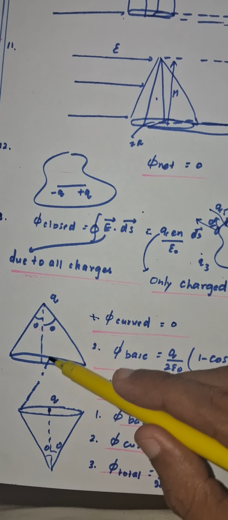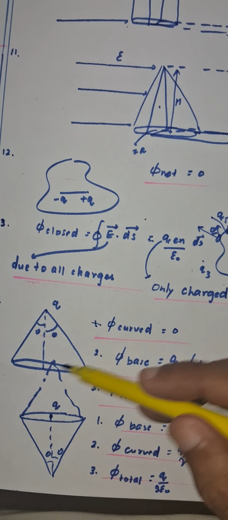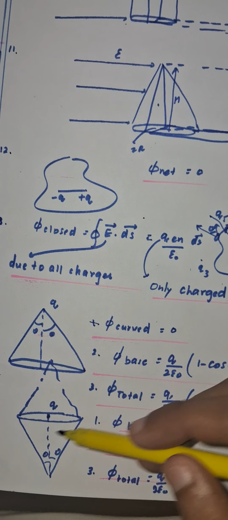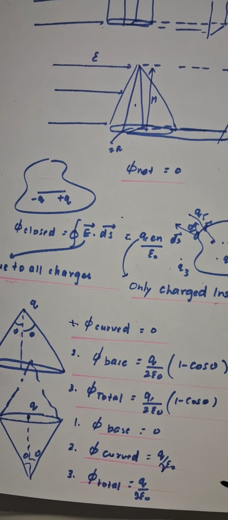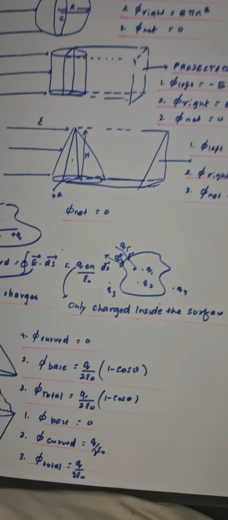Suppose I place another cone over here, so the q is enclosed within the two cones, so obviously through the half cone it will be q by 2 epsilon naught, and the total flux here will be q by 2 epsilon naught. So this was a brief